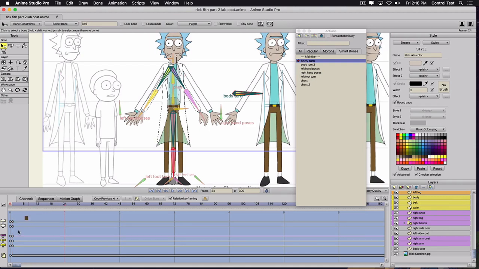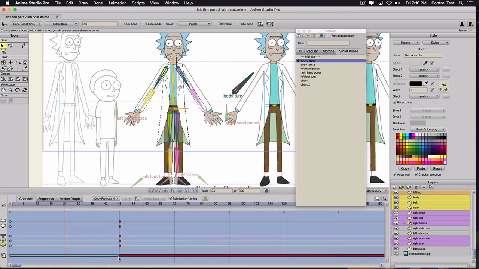Let's go to 24. Let's go ahead and grab these keyframes that we made at the very beginning. Drag these all the way to 48. So 48 is going to be him turned all the way to the side. So halfway is going to be the 3/4 position. So let's go ahead and, oh, you know what? I need to put the reference layer back into,